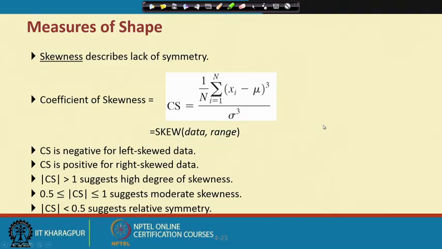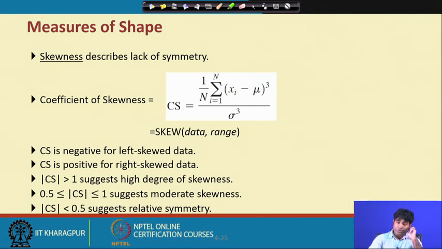So, another part of the structure is called measures of shape, and here we have to go through a component called skewness. Even if the distribution is bell shaped, it can still give you the kind of range: whether it is perfectly symmetrical or whether a little bit of bias will be there.